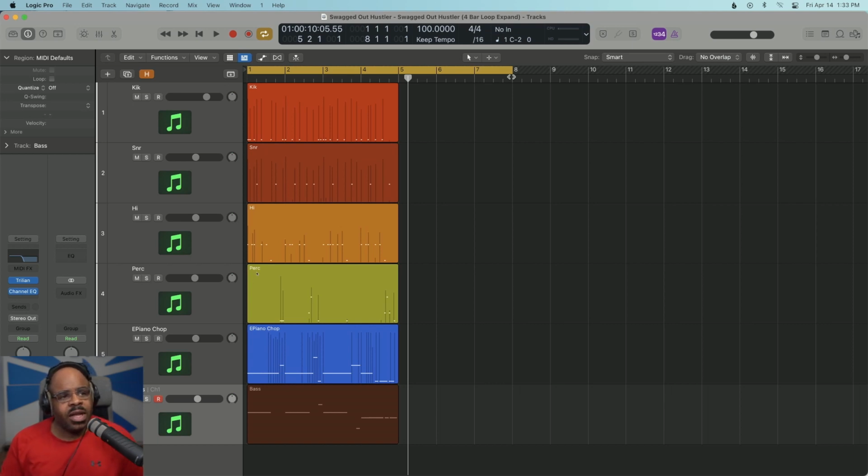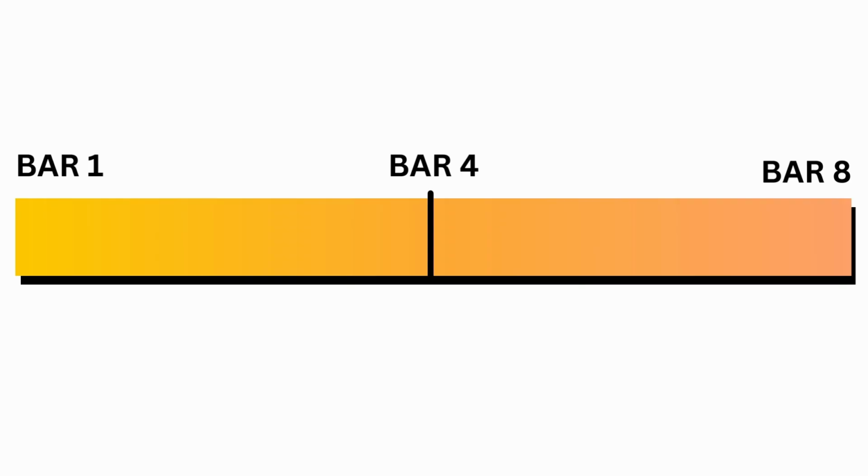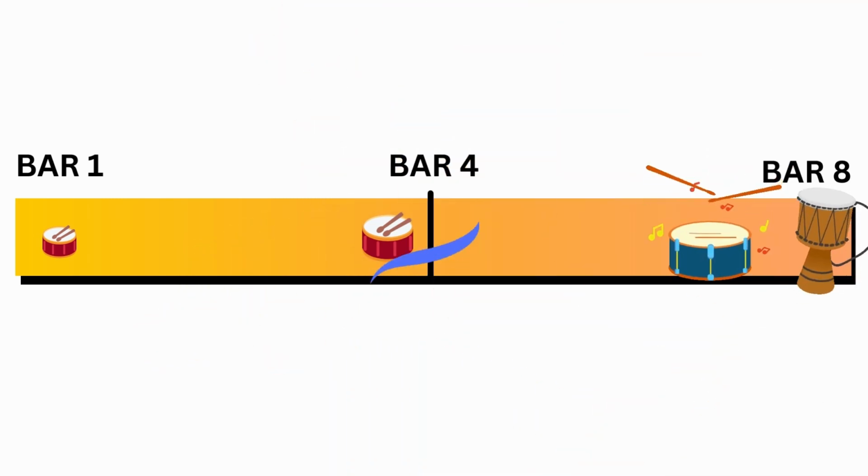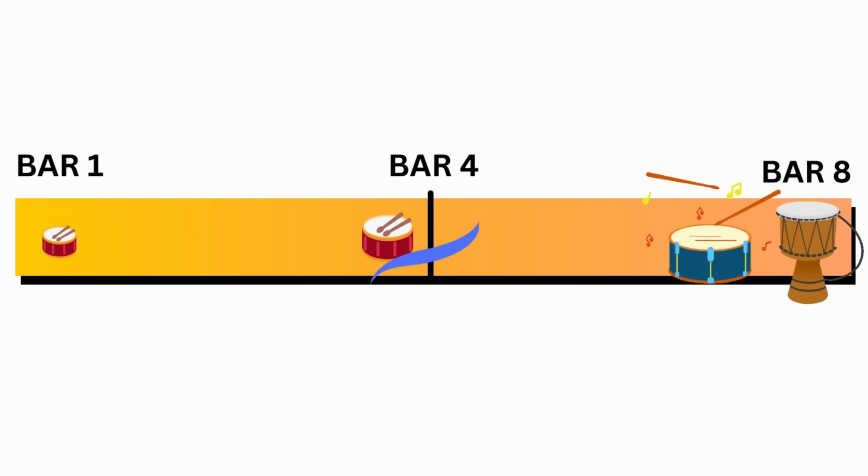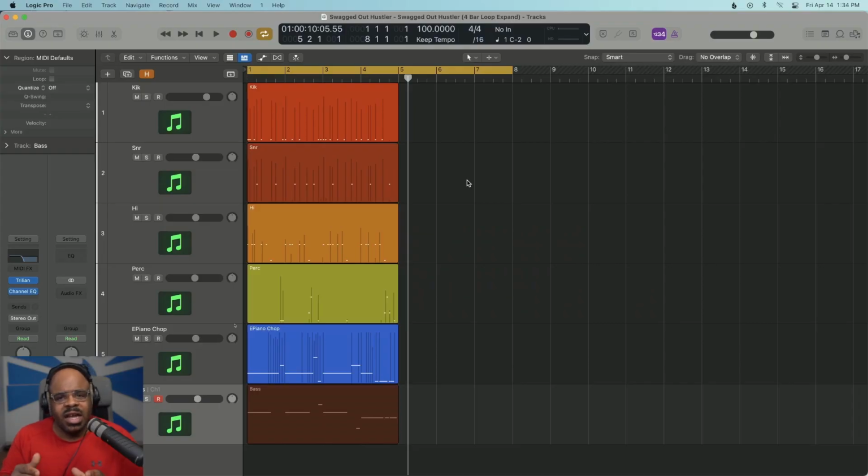But if you look here, there's a lot of empty space left. That means there's a lot to build in the 8 bars. With these 8 bars, you're able to really build out a track where you can start at bar 1, make things really sparse and subtle, then come into bar 4 with a small, tiny fill, or you might have a rise or transition into bar 4. Then by the time you get to bar 7, you're bringing all the fills back. You're bringing everything to make you really go into bar 8 into that next section of the track.